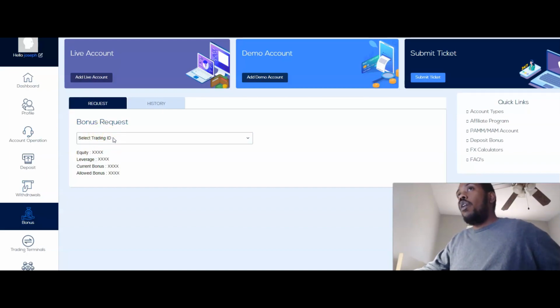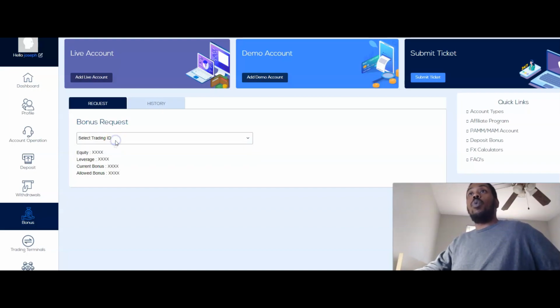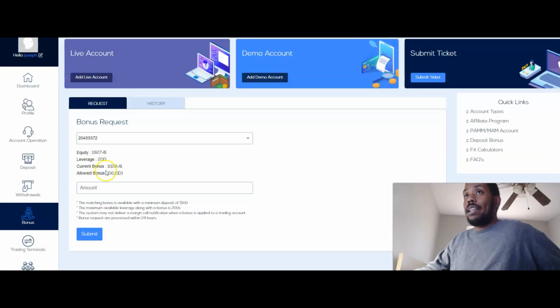So once you go ahead and click on bonus, you will need to physically request it once the money is there. So you will now select the trading account that you just funded. Once that's clicked on, it will pull up the equity. Let's go ahead and see here. Go ahead and try to pull it up for you guys. Since I already pulled the bonus, I'm not sure if it's fully gonna come up correct here. Or as you can see, well, yeah, it'll come up and it'll show your current balance in there, and it'll also show the current bonus that you're